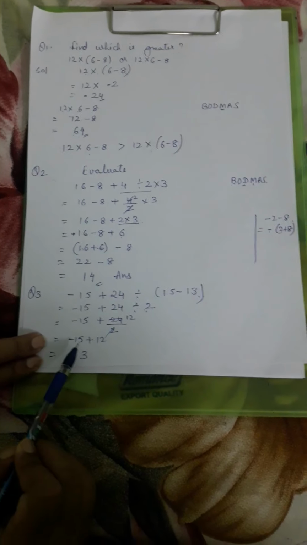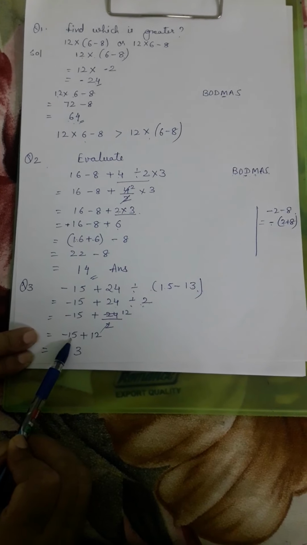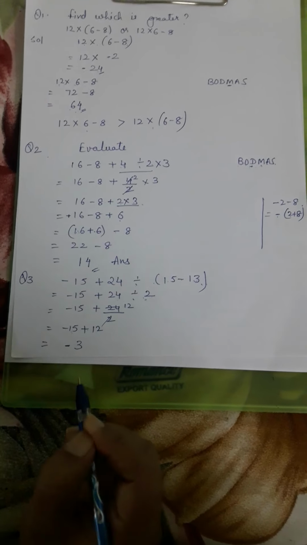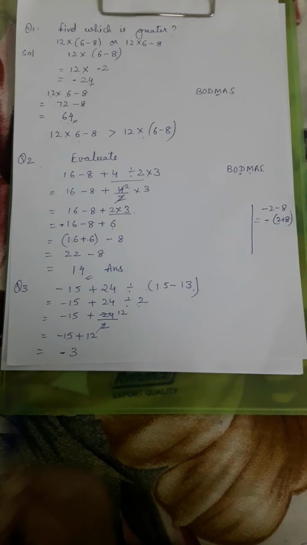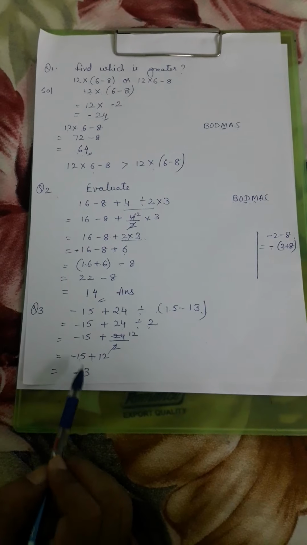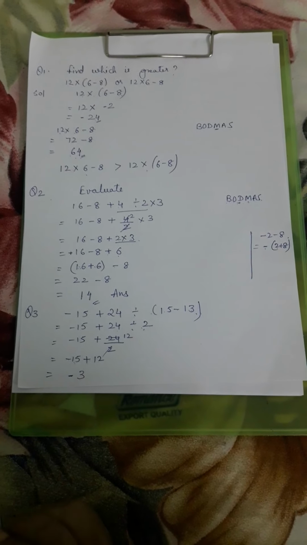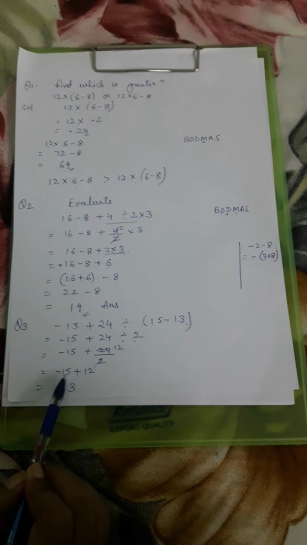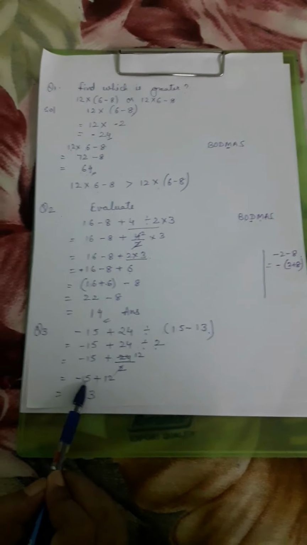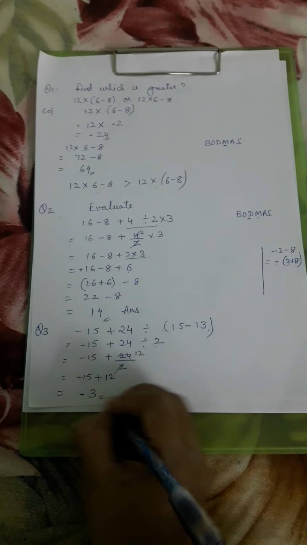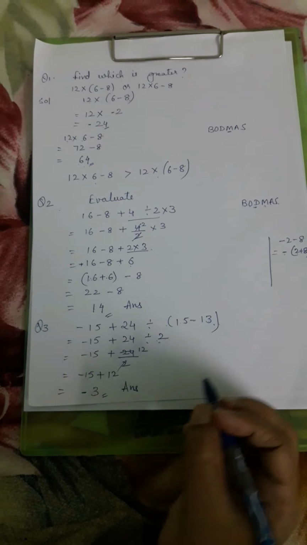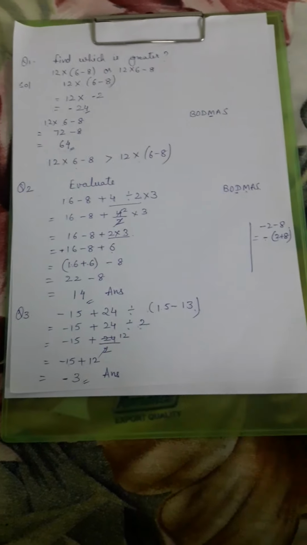Which is the bigger number, 15 or 12? 15 is bigger. So the sign in front of 15 is minus, and the answer also will be minus. Remember this, I repeat: minus plus is minus, so you will subtract. 15 and 12, when you subtract, is 3. Now which sign to put? The bigger number's sign. 15 is big, so write minus, because 15 has a minus sign. So this is the answer, minus 3. Maybe I'll give you a few questions for your homework to practice, and then you'll have a test on this. That's all for today.